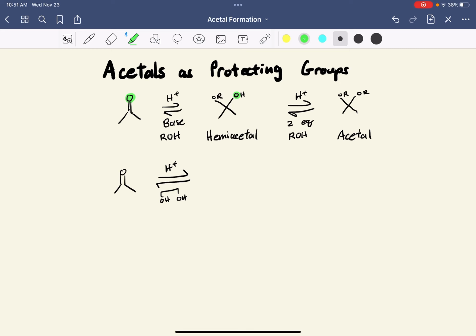You can then subject it to a second reaction only under acidic conditions and a second equivalent of ROH, and then you'll form your final product of an acetal. But acetals can also be cyclic, and they can be important protecting groups because it allows you to do selective reactions. Let's say we start off with the acetone again, and we react it under acidic conditions and a vicinal diol. We can then get a cyclic acetal